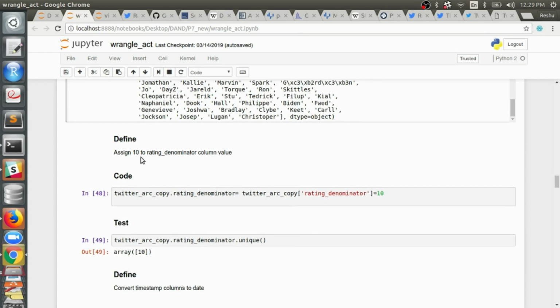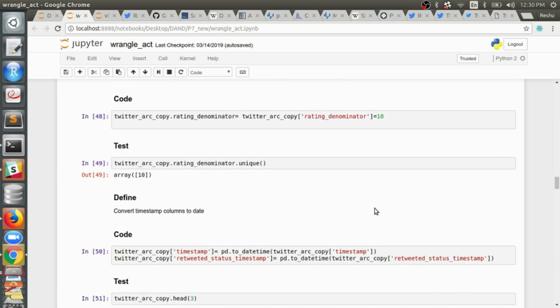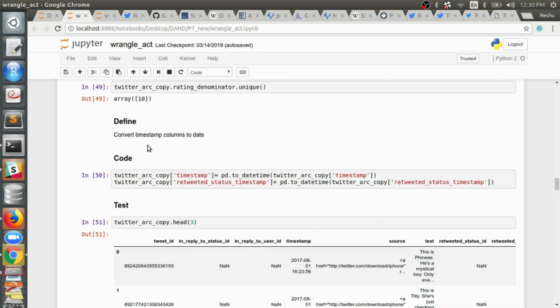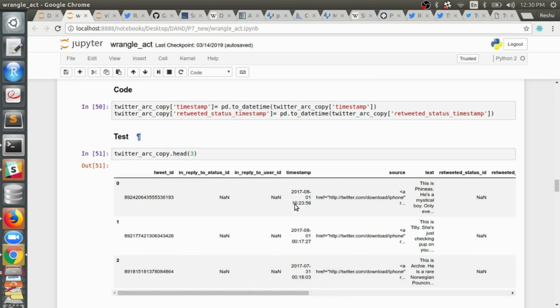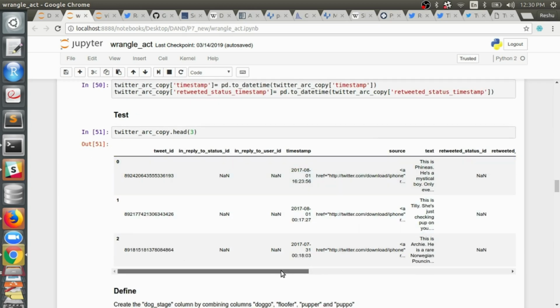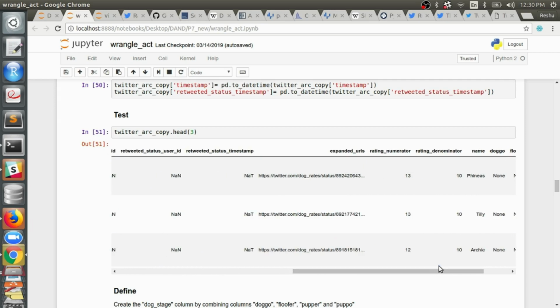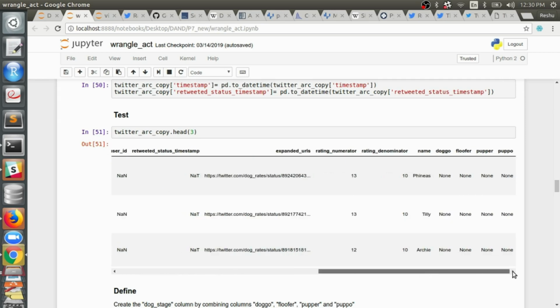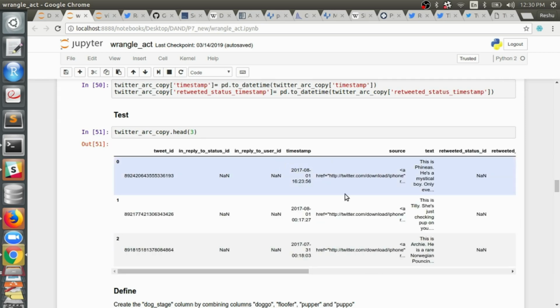Let's define: assign 10 to rating denominator column values. Rating is 10. Convert the timestamp column to date. So whatever is in timestamp has been converted to datetime format. Let's test whether we have been able to convert it or not. Let's just check it. Yes, we have been. Now this has been converted to